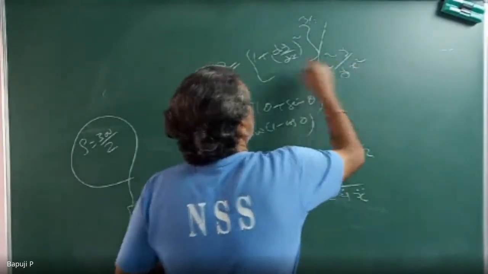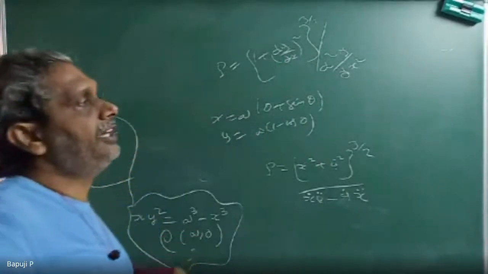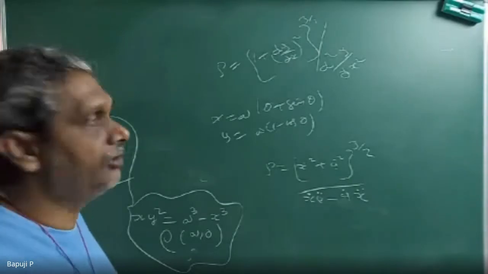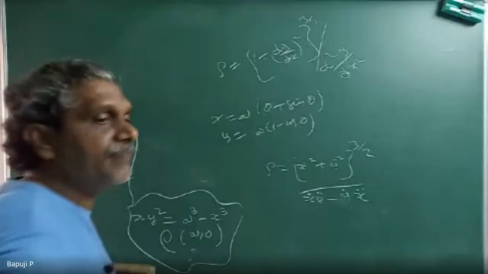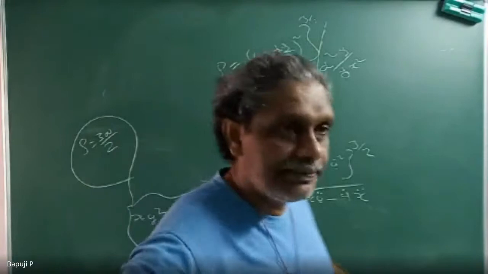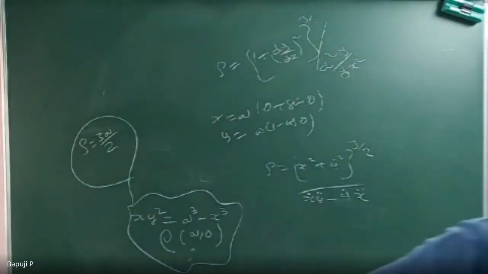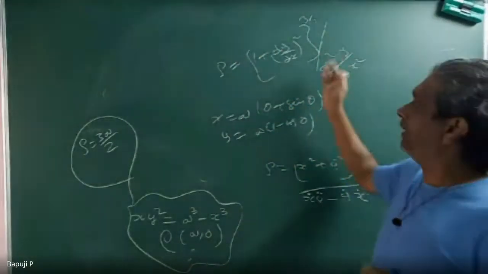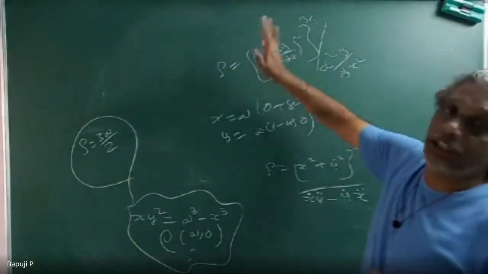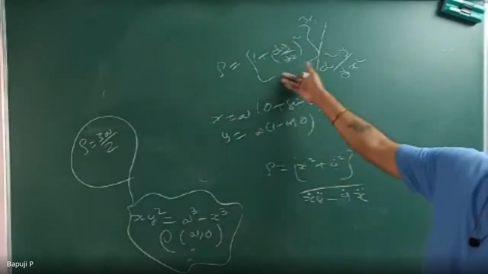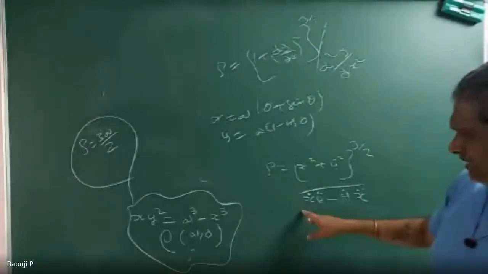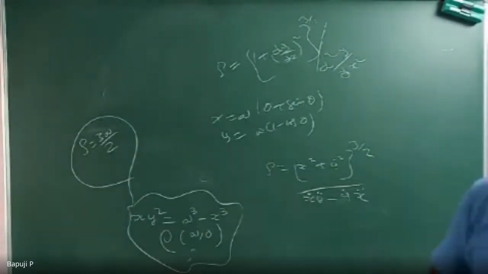This is how we will do it. Find dy by dx. Dy by dx we find as dy by d theta divided by dx by d theta. And d square y by dx square, how will we find it? Dy by dx you will get in terms of theta. Differentiate that function with respect to theta, into d theta by dx. Already you will get dx by d theta, so make it reciprocal and multiply. You will get the second derivative. Then you can substitute. Maximum 90% of textbooks follow like this. If you miss it for some day, the formula with x dot square, y dot square, x dot, y double dot, I can remember. Maybe it is 1 mark, it may be useful.